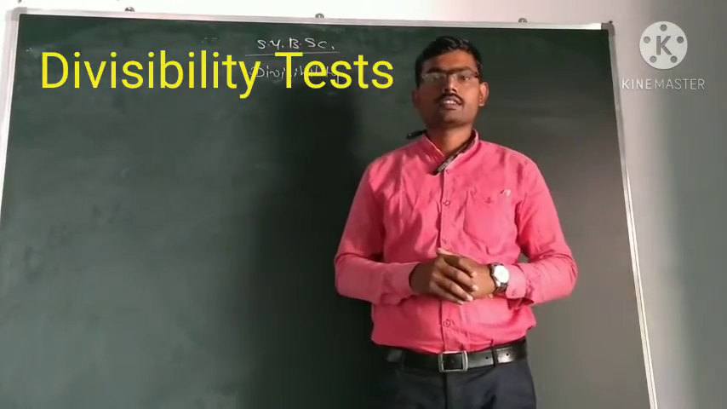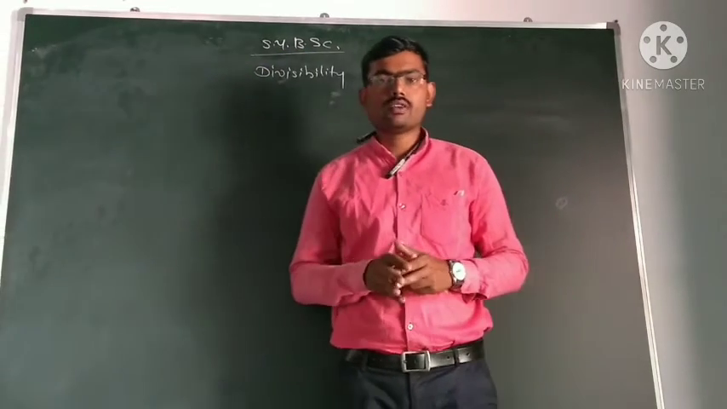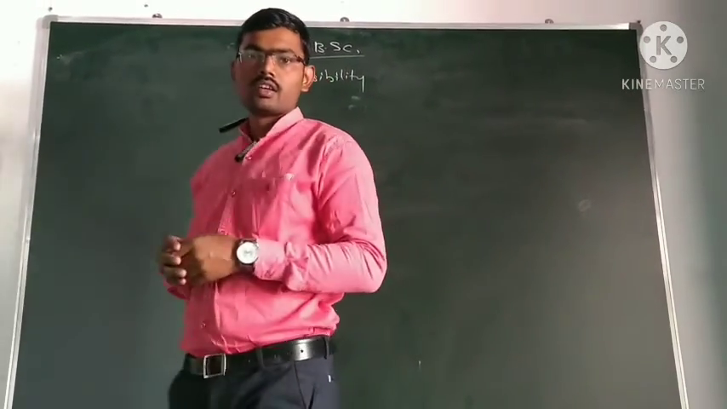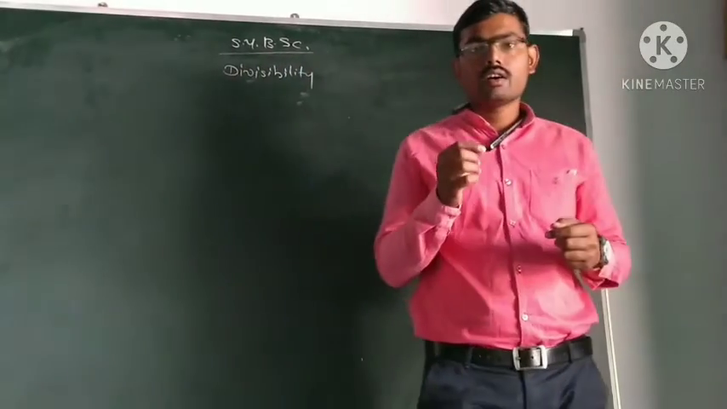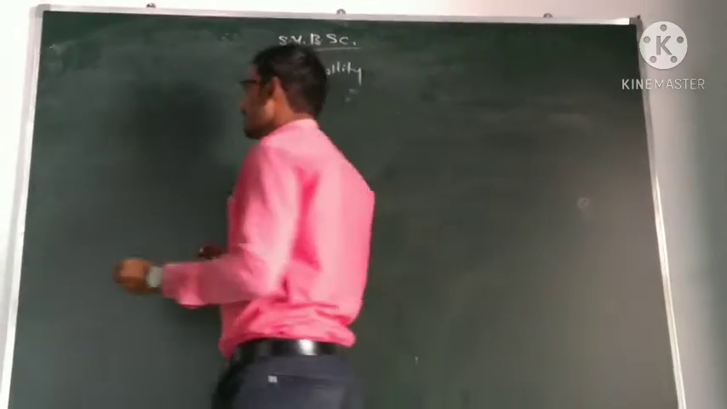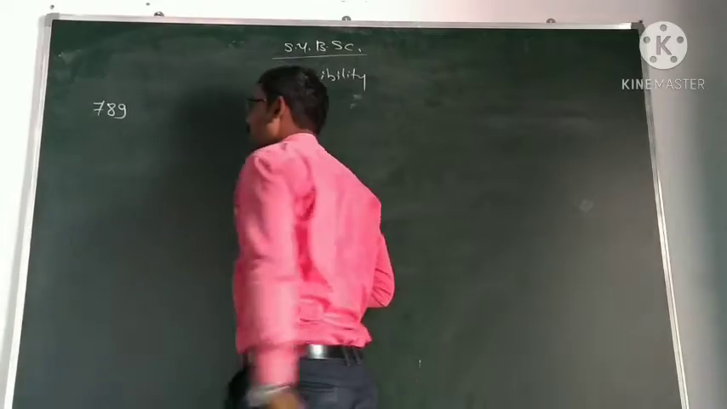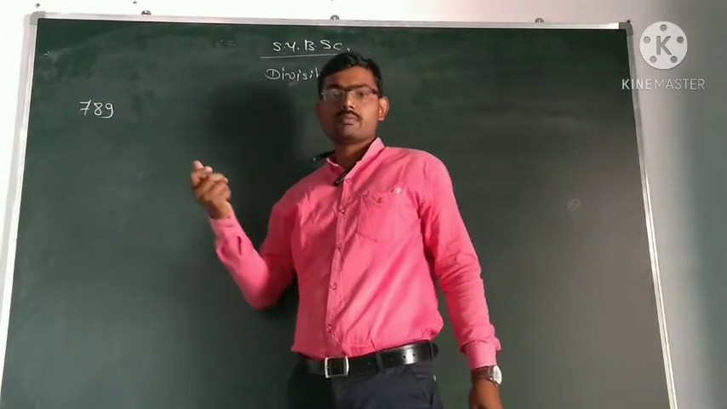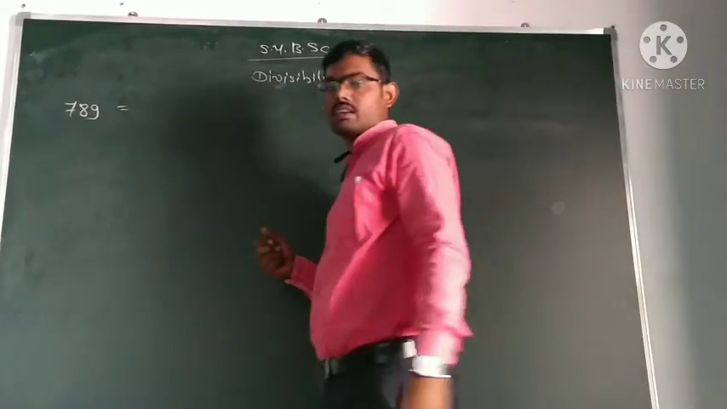Friends, now we will continue with our topic, divisibility. Before going to the divisibility test, we will repeat one basic thing, that is the representation of a number. Suppose we consider the number 789. If you want to represent this number in the decimal system, we can write 789 is equal to